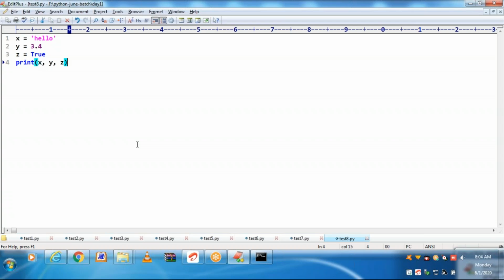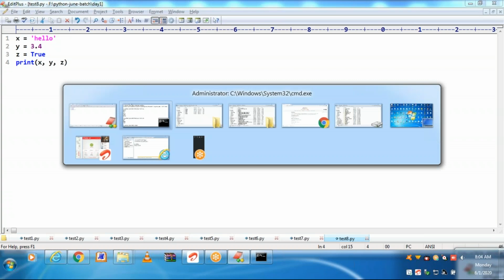X is equal to hello, Y is equal to 3.4, Z is equal to true. Let us see whether this type of syntax is annoying or not. It looks very simple. On plain paper, in whichever way, you are just choosing some variables and assigning values. No syntax rules here. Let us see whether it is allowing or not.